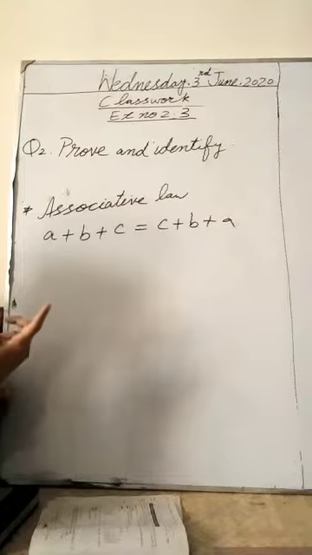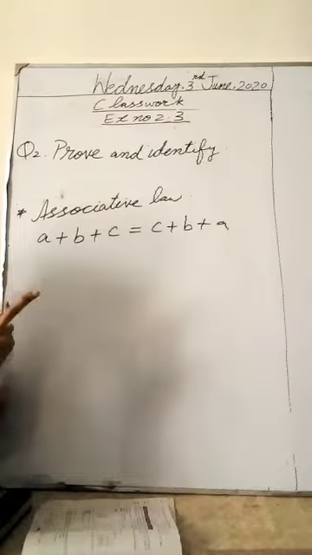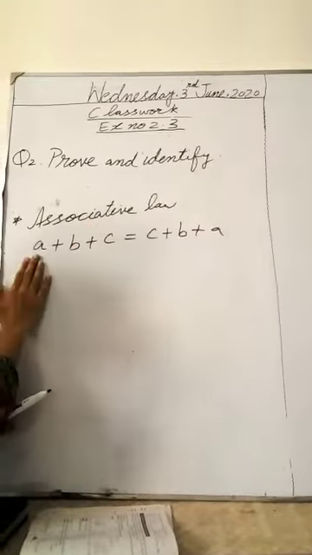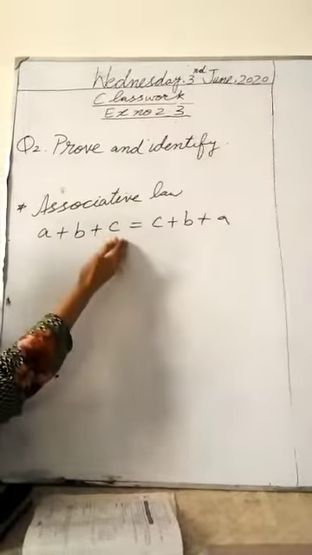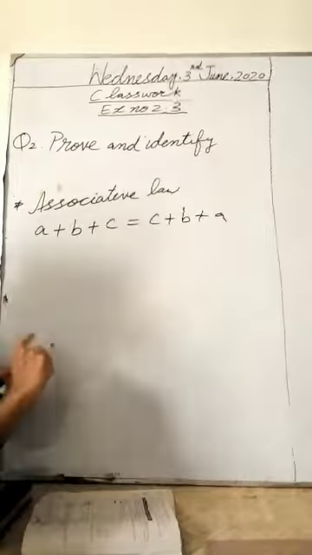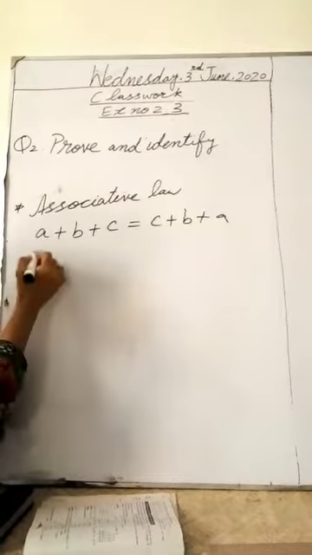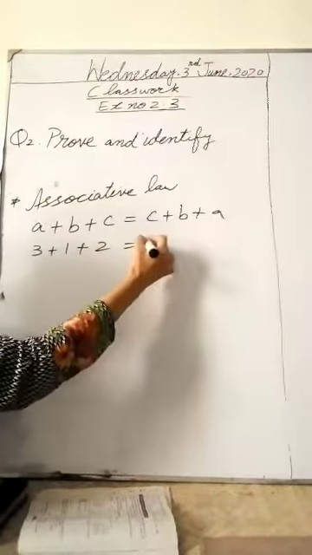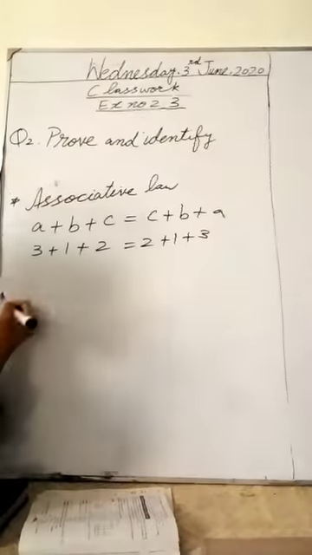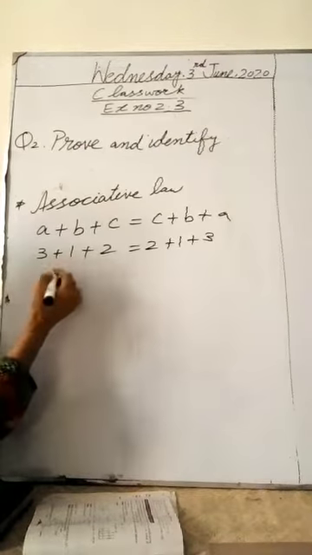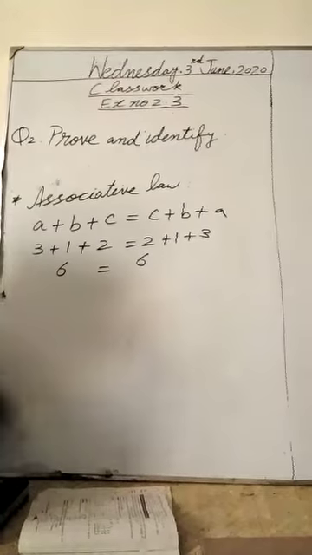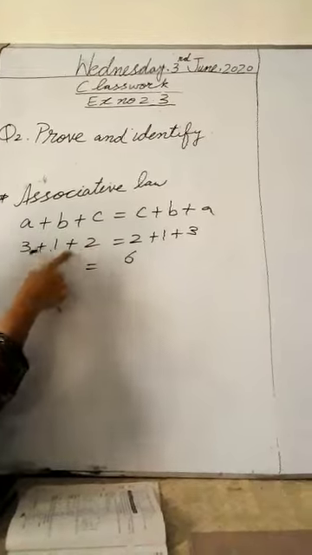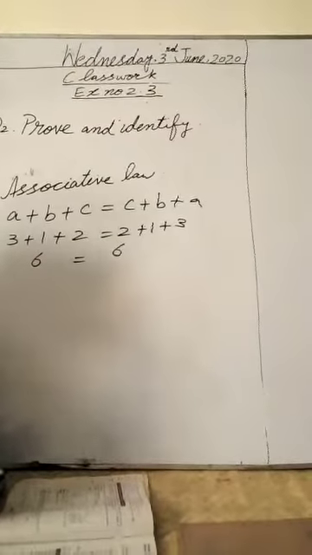Commutative law, communication, face-to-face contact, two persons. But when we have the term associative law, when we have more than two values or three values with the same sign, it is called the associative law. Let's see, we have 2 plus 1 plus 2, 3 plus 1 plus 2. Then we have 2 plus 1 plus 3. 3 plus 1, 4. 4 plus 2, 6. And 6. So when we have more than two values with the same sign, the law is called associative law.